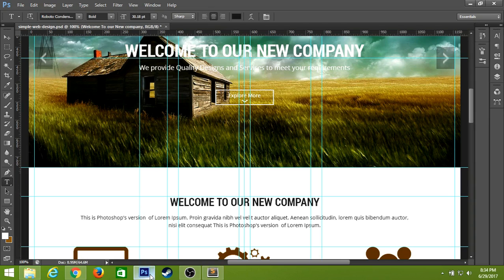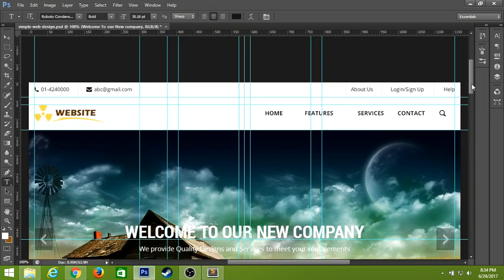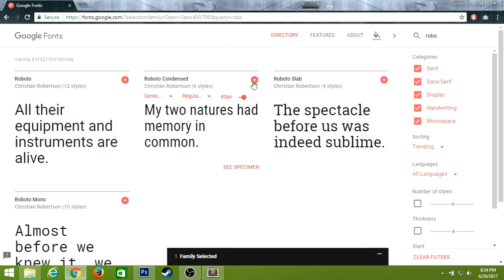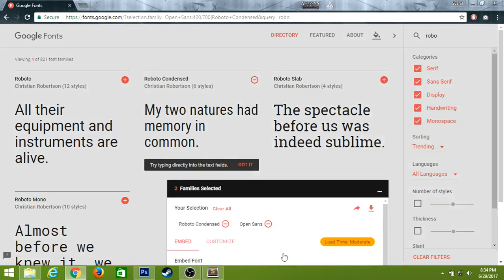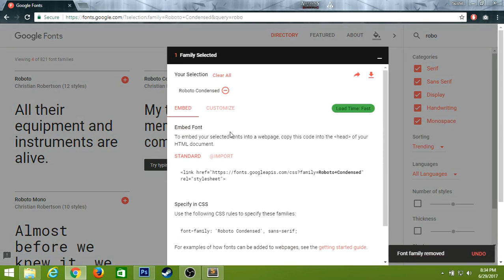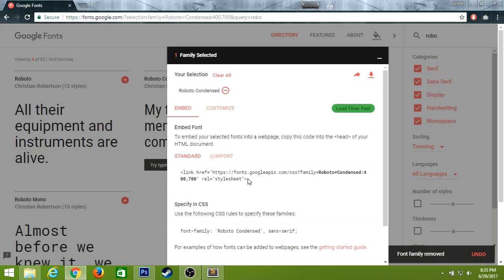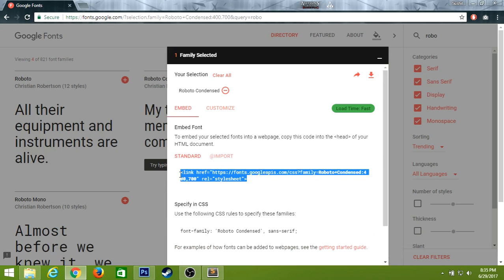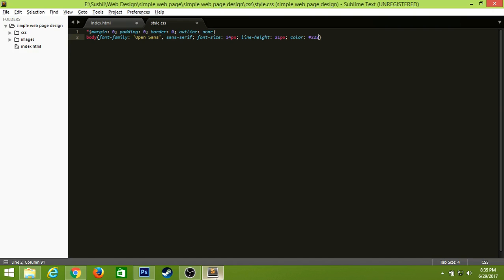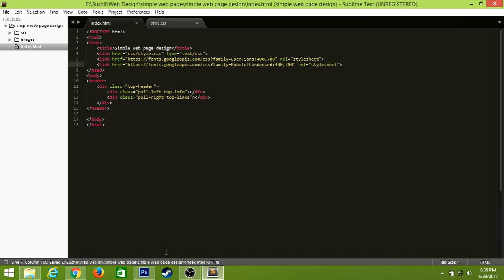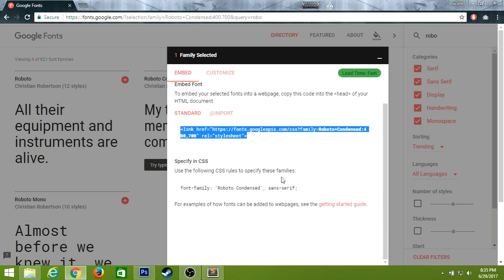Now the next font we need to use is Roboto Condensed. So let's find this font in Google, search for Roboto Condensed. Okay, here it is. Just select this font. You can also customize it. I'm going to use only the regular and the bold that I have used in my template. So just copy this link as before and paste it in your HTML file. Now copy this CSS,